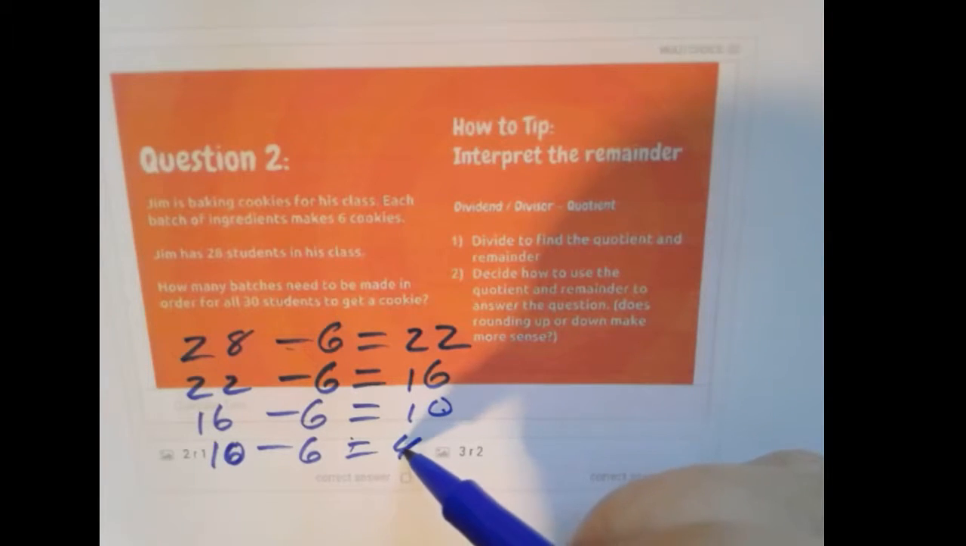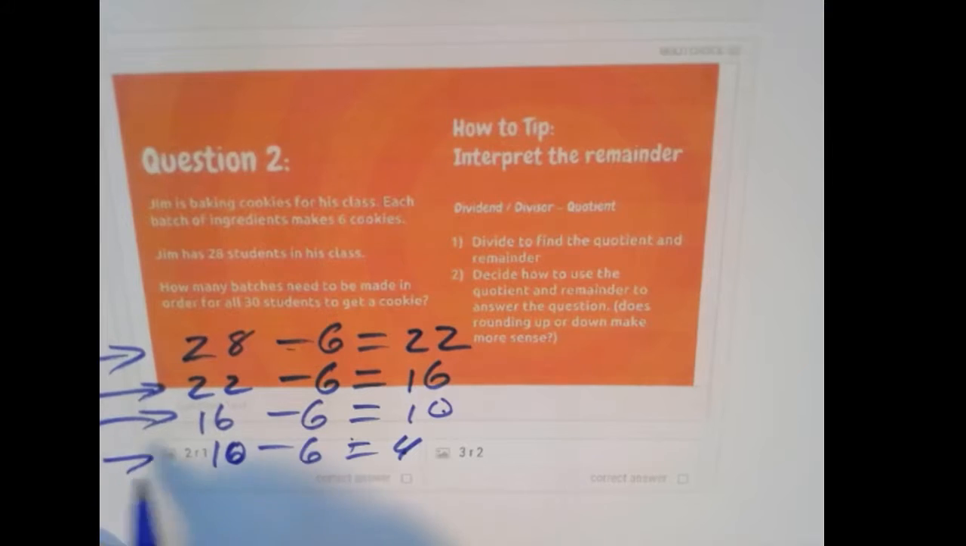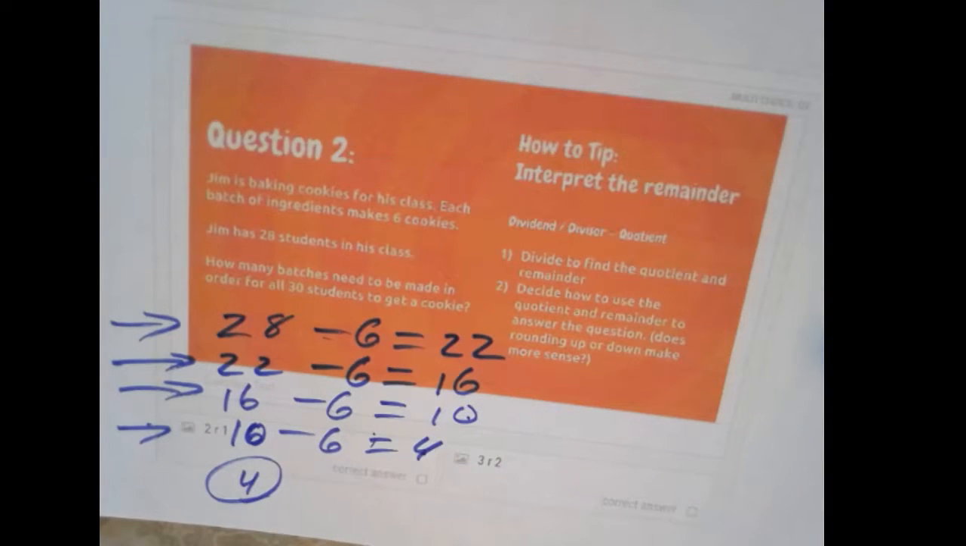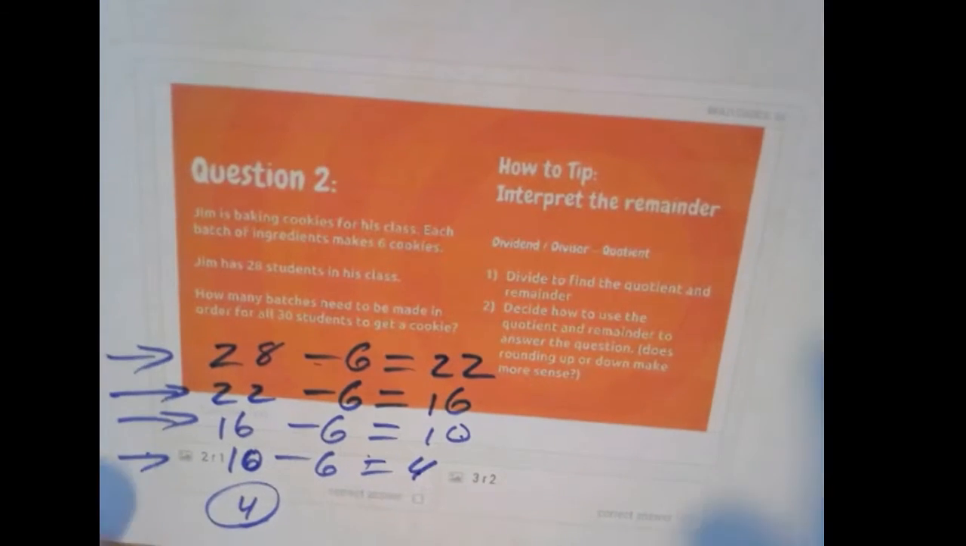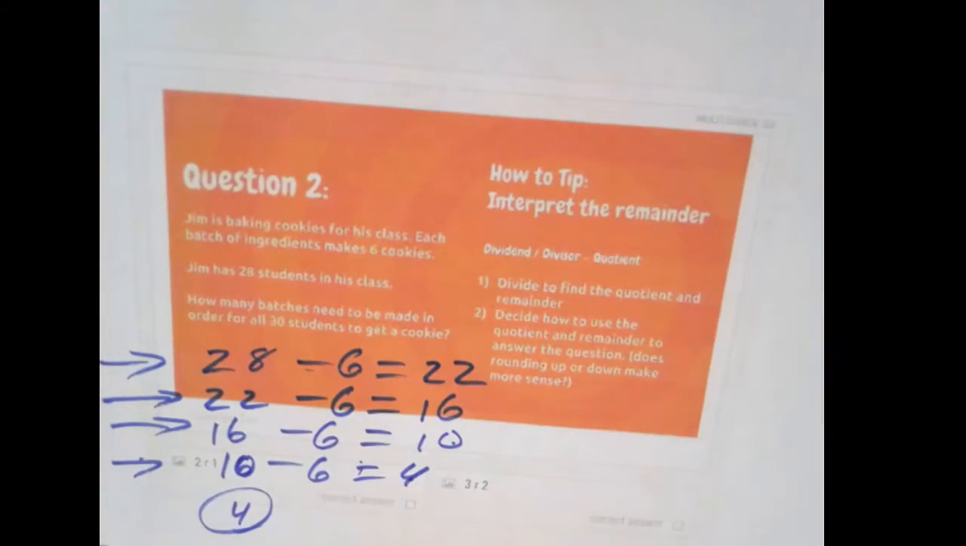These 4 students don't get cookies yet. So what is it? It's really 1, 2, 3, 4 batches and a remainder of 4. Okay, so really, how many batches do we need to make? So we end up with, if we have 28